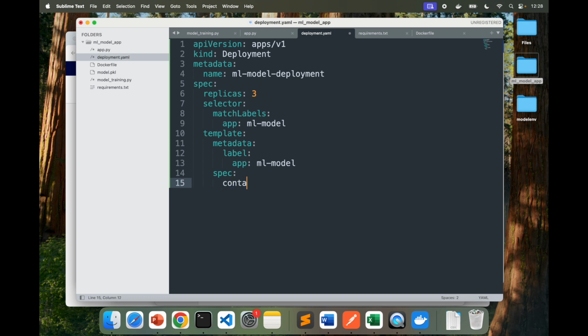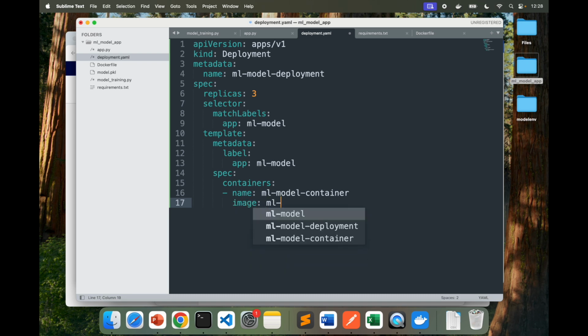Inside that I'll have containers. So let me completely write this containers, right? And containers I have name, which is ML model dash container. I have image, which is ML model underscore app latest, that's coming from Docker.